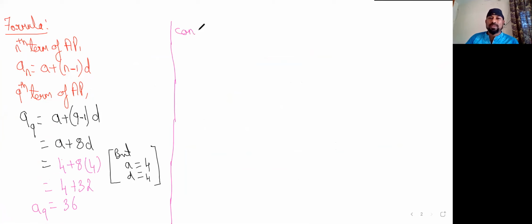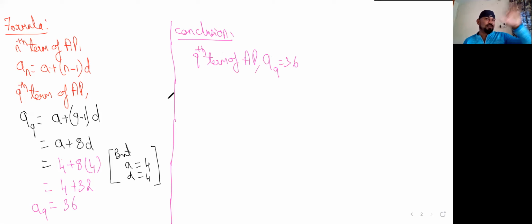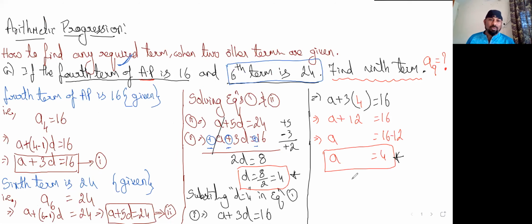So the conclusion: the ninth term of the AP, A9, is equal to 36. This is how we are supposed to find it when two terms are given to you. He has given the fourth term as 16 and the sixth term as 24, and with the help of that we were able to find the ninth term. Just a recap: he has given the fourth term and the sixth term, and with the help of that we were able to find the ninth term. What's the ninth term? 36. Hope you are able